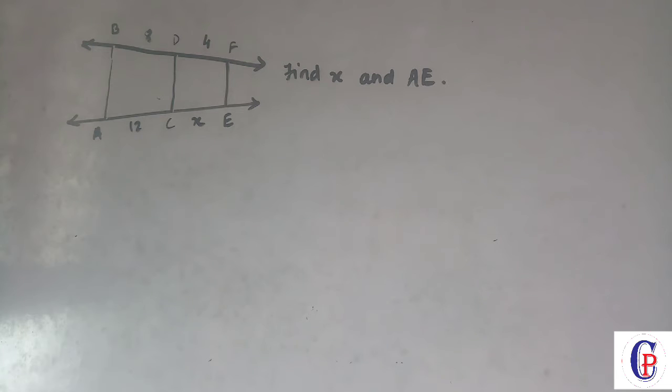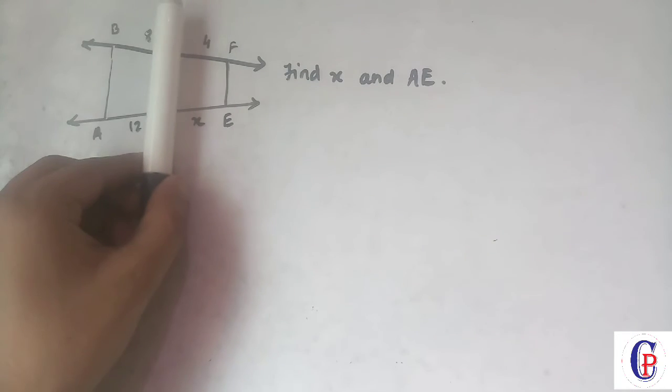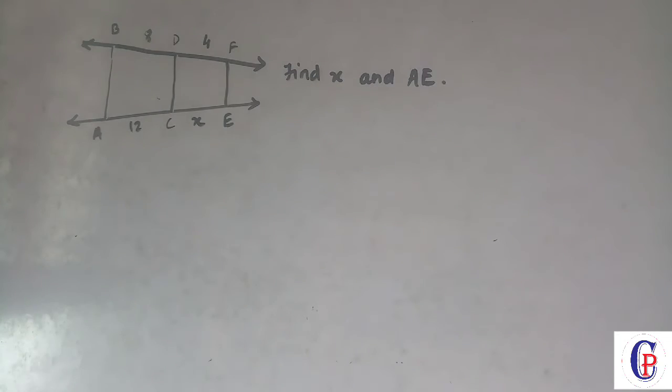Now we have one more question. Immediately when you see this question, you can see that the three lines are parallel. This AB is parallel to DC is parallel to FE. But you cannot directly assume this. If it is given in the question, then only you can assume. By just observing, you cannot say that yes, these three lines are parallel. Don't make that mistake. If it is specified in the question, then you can assume it.